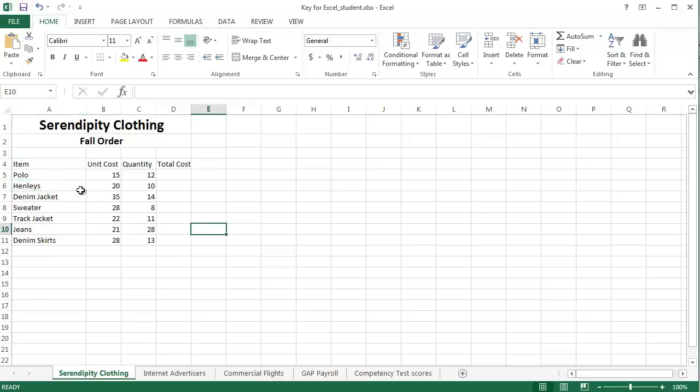So next we need to look at this information and see what we have. So we've got these 5 or 6 items here: a polo, Henley, denim jacket, sweater, track jacket, jeans, denim skirts. These are all things that Serendipity Clothing is selling, and you can see that by here. The unit cost of each of these is $15 for the polo, $20 for the Henleys, etc. And so it's just a number right now. It's not dollars, so we'll change that to a dollar amount in just a minute. We've got a quantity of each, and so